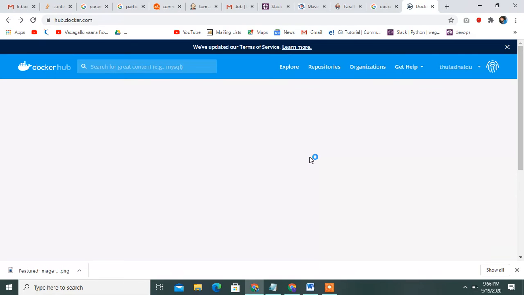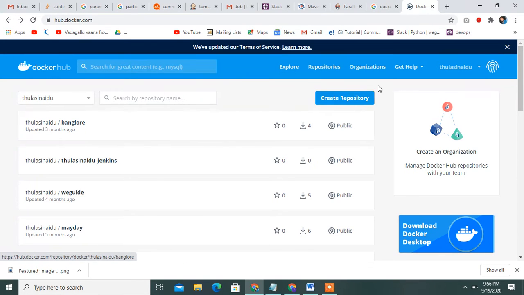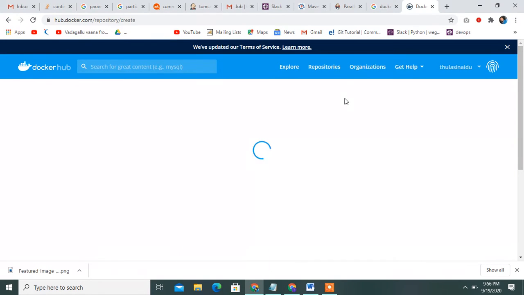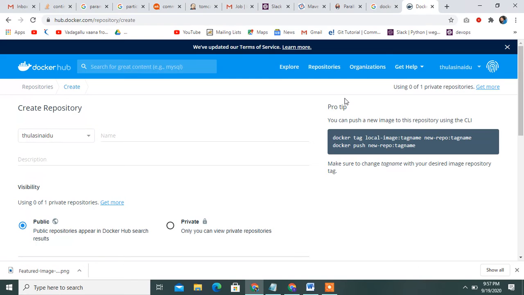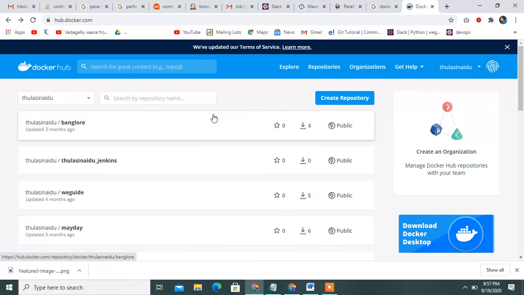First of all, how to create a repository in Docker Hub. Click create repository. You remember, in Docker Hub, like GitHub and Bitbucket, it is the same purpose that we will be using.